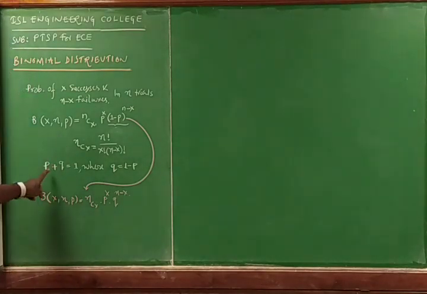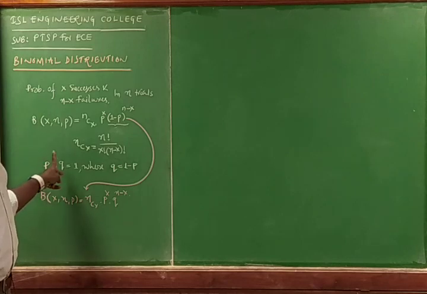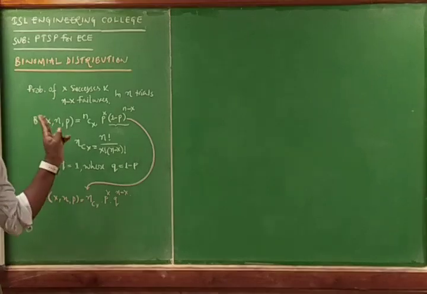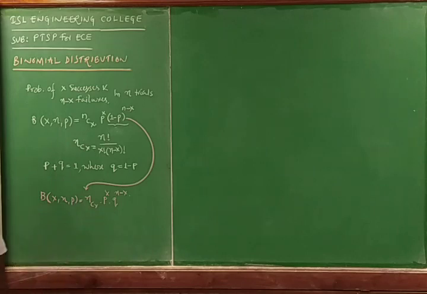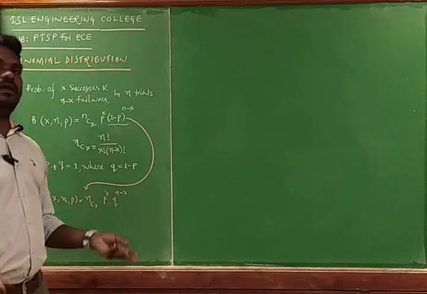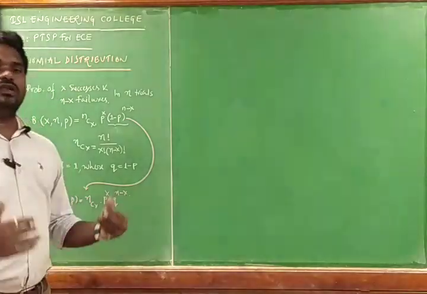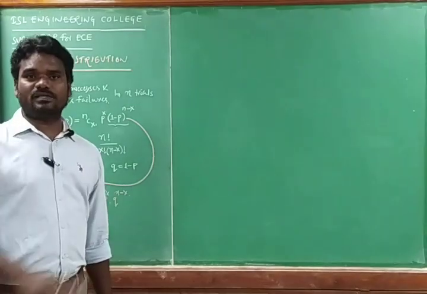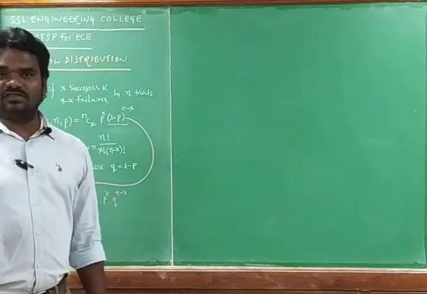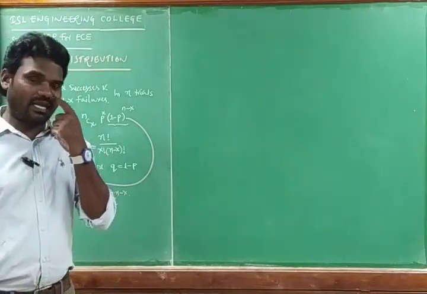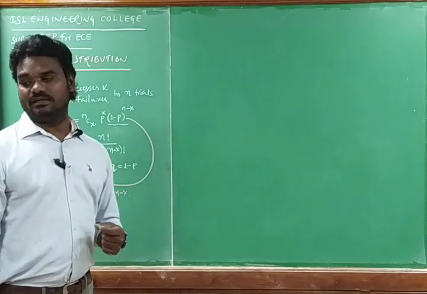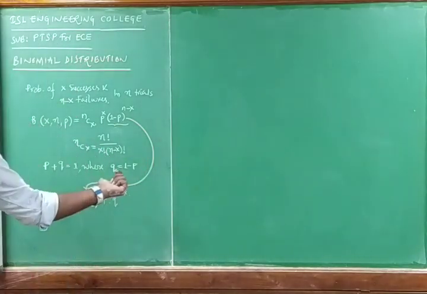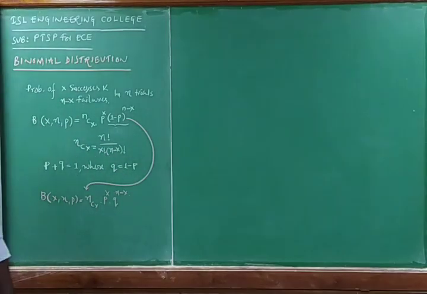The sum of the probability of success and the probability of failure is equal to 1 only. That is the sample space, getting all the possible outcomes, maybe failure or success, in an experiment. Probability of S is equal to 1 only. We have discussed the second axiom in probability theory. Now based on this theory, we are going to solve some of the problems.